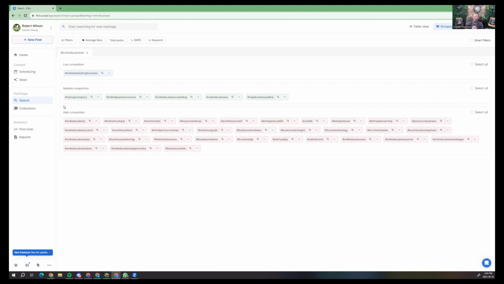But if you only ever have high competition and you're a small account, you won't ever really get there, because you're competing with accounts that are just more primed to go viral for those ones. So you just won't be able to get there. That's why you need some type of pyramid or titrating effect to your hashtags where you have some low, medium, and high. So let's go through this.